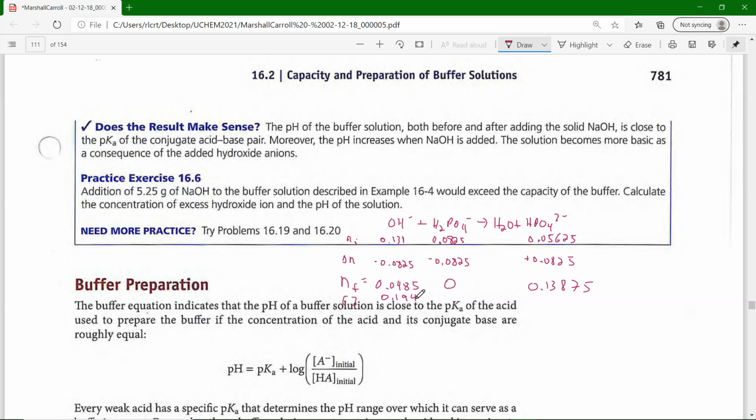And my HPO4 2 minus is 0.13875 divided by 0.25, which is 0.555. Okay, so let's see, practice exercise 16.6, and OH minus is 0.049 molar. No, that's a mistake. They meant to say that is the